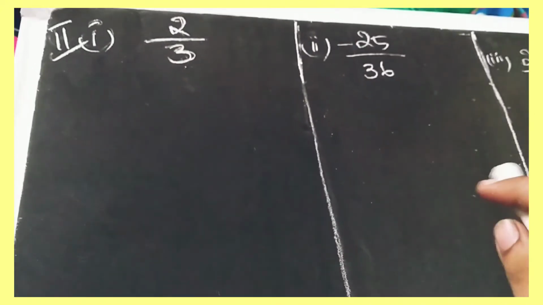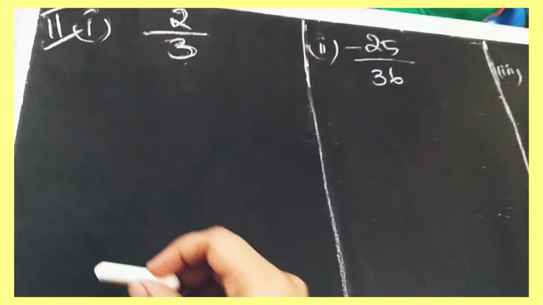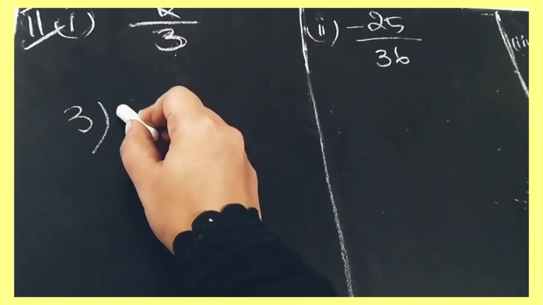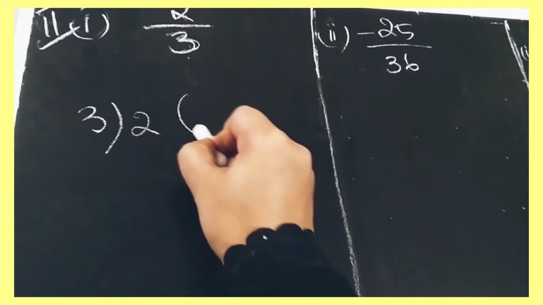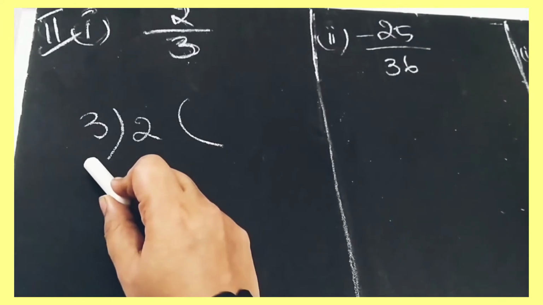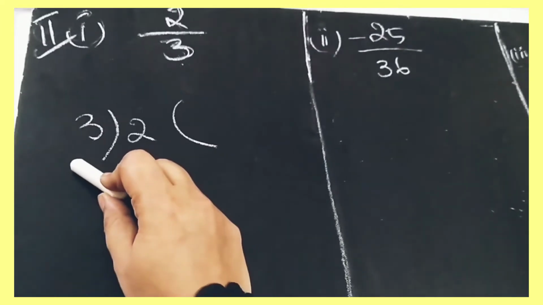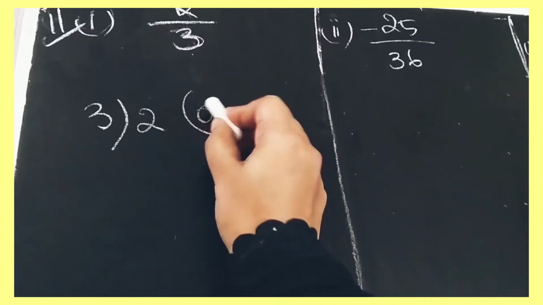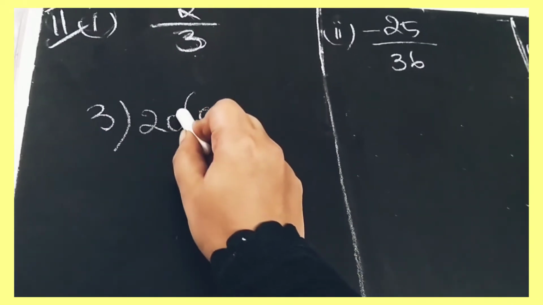So in the sixth sum, 2 bits are there. This is the second bit, first sum. 2 by 3. Again, what you have to do here, you have to take this 3 here and you have to write this 2 here. Now we have to divide this 2 with this 3. So how many times this 2 goes in 3 table? It doesn't. So what you have to take here, 0 point and make this 2 as 20.